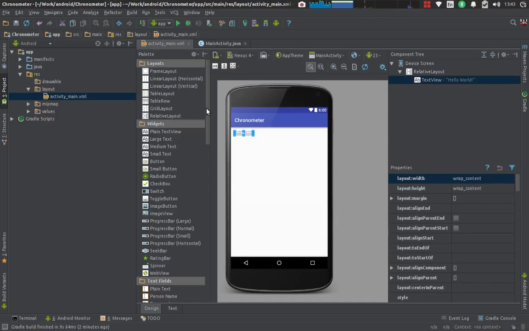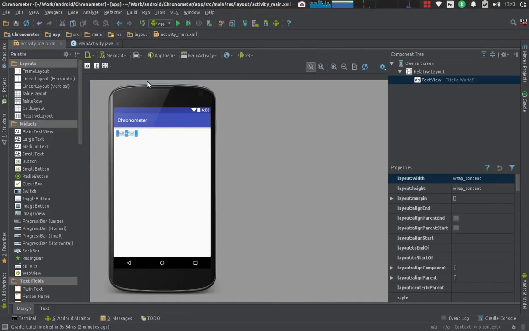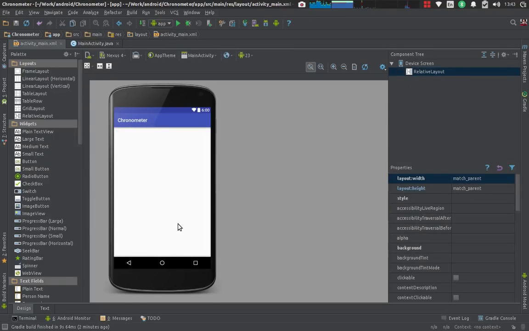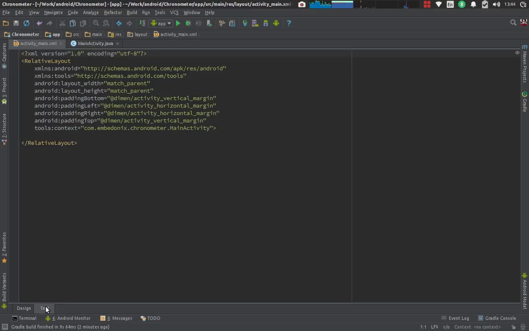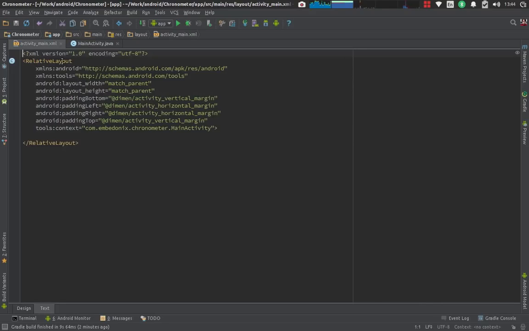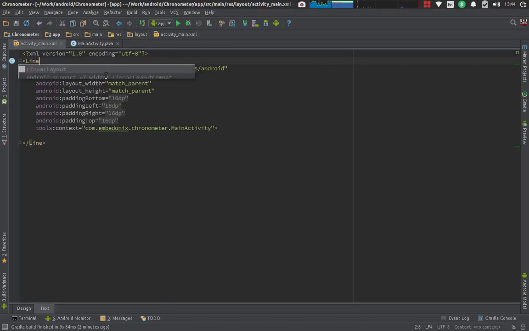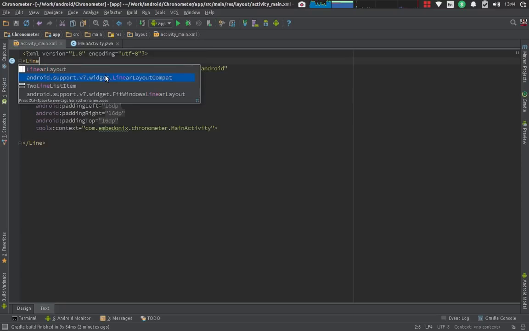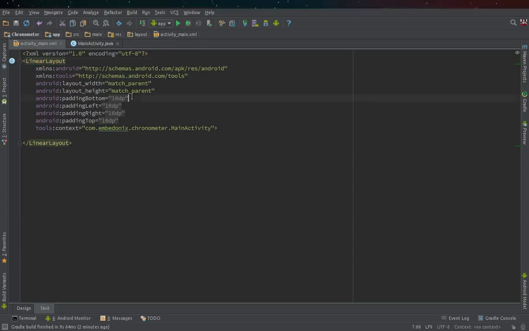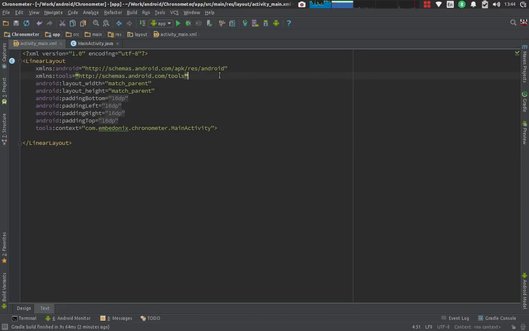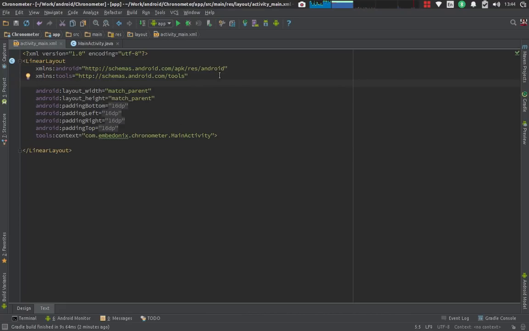So first of all, I'm going to get rid of this hello world. We don't need it. And let's go to the text mode. And what we want to do is to change this relative layout to a linear layout. Okay. Linear layout. Okay. And the thing that we need are